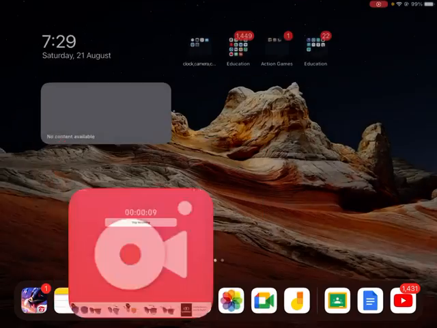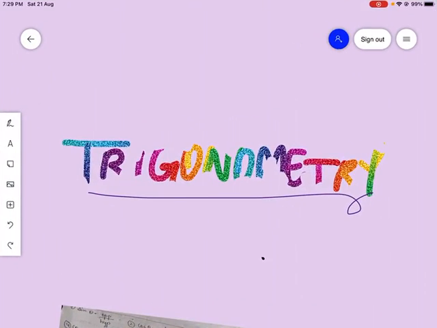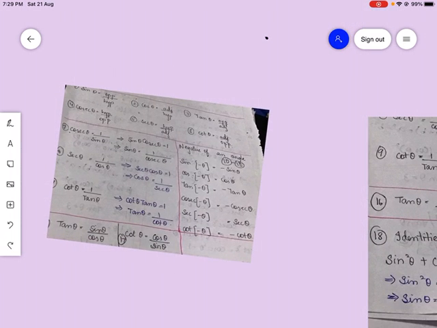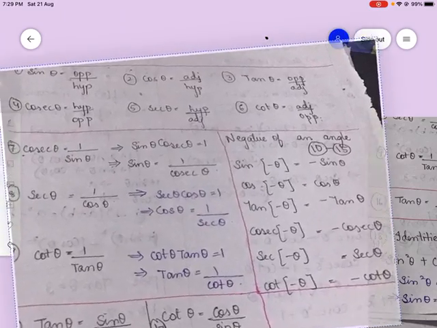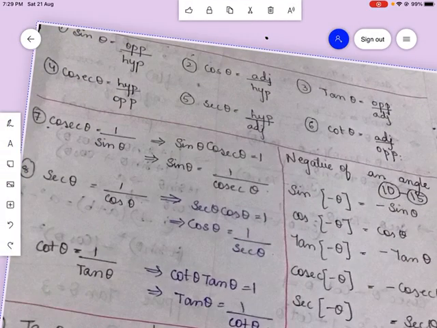And now in this video we will be seeing some of the formulas related to trigonometry, some basic formulas, because we have so many formulas in trigonometry in standard 11. So we will be seeing some of them in this video, then in the next video we will solve problems also related to these formulas.